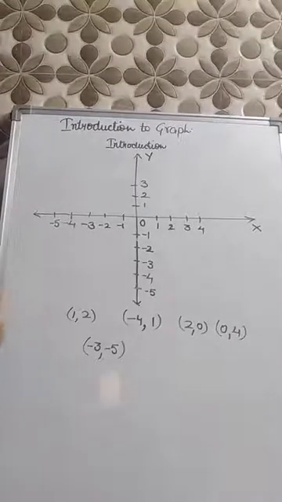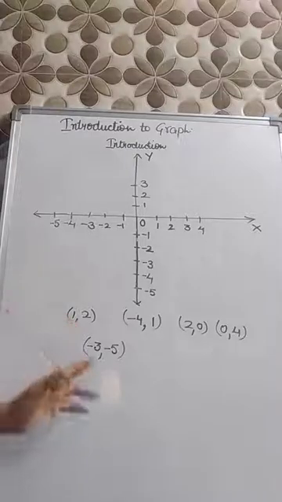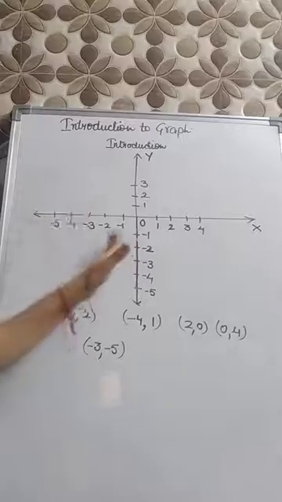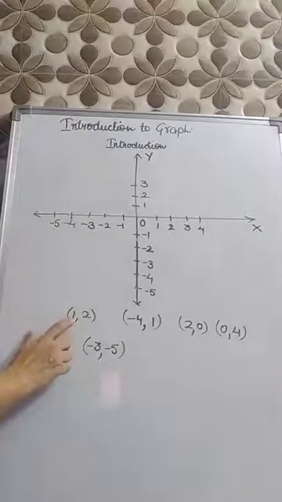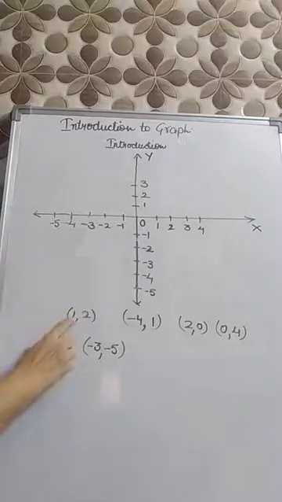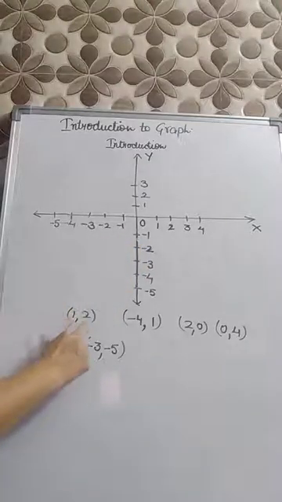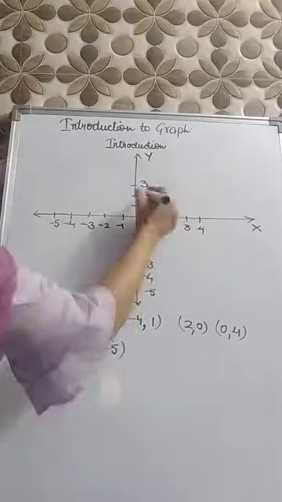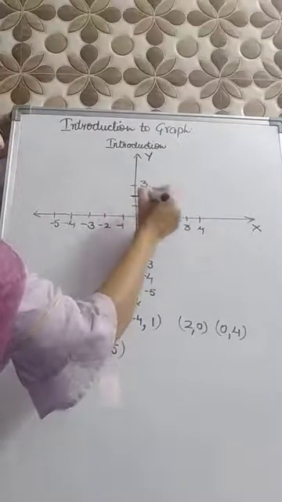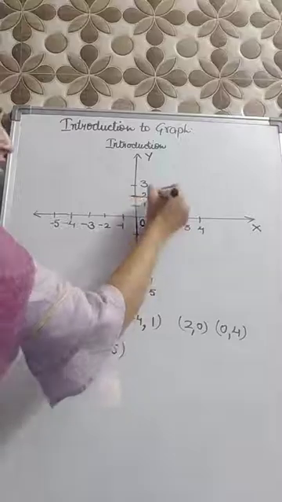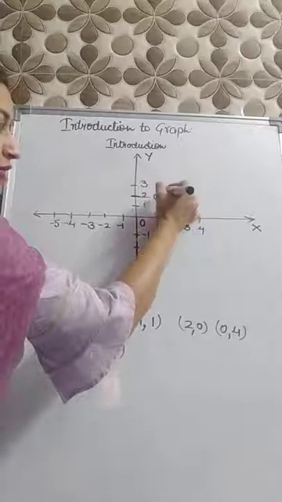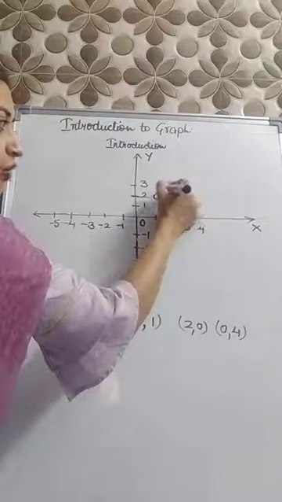Now the next example that I am giving you is how to plot the points on this coordinate axis. This complete figure is called your coordinate axis. Now you have to plot (1, 2) on this. So 1 is your abscissa, 2 is your ordinate. So x is your 1, y is your 2. This is your y, this is your x. So where these two points intersect, you will have this point. So this point will represent your (1, 2).